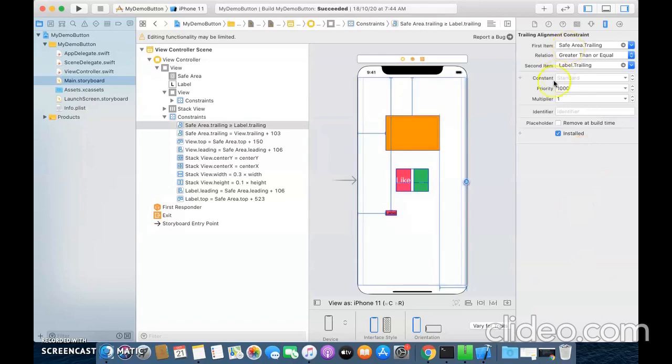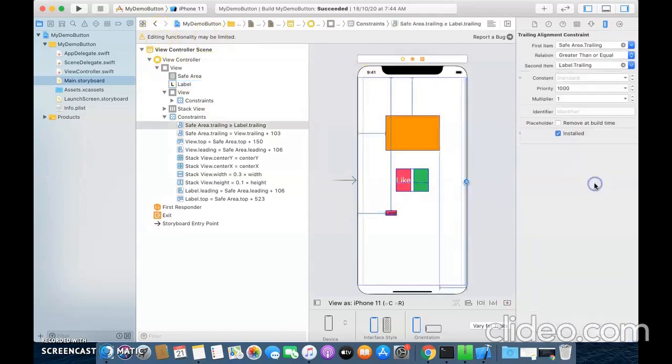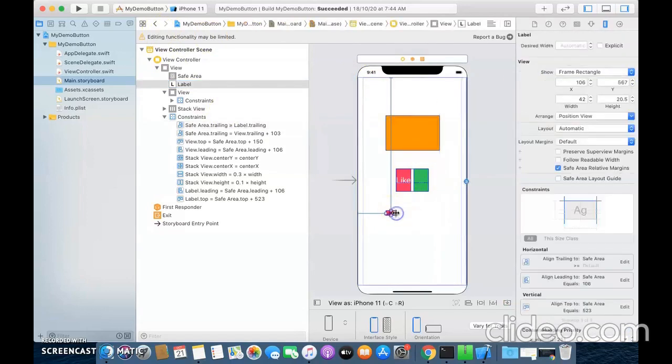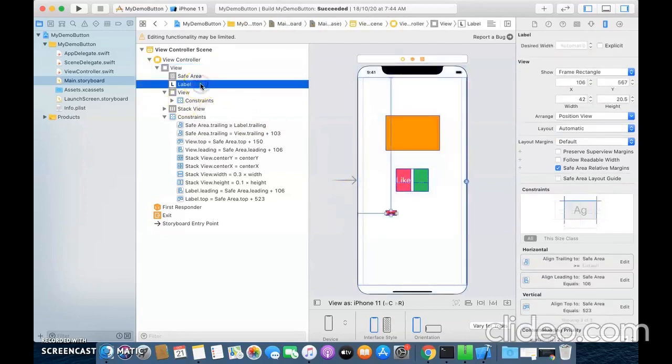Resizing trailing means it is taking a greater than or equal relation. After doing that, my warning is gone. So I need only 2 constraints for a UI label. So minimum I need 2 constraints for a UI label.